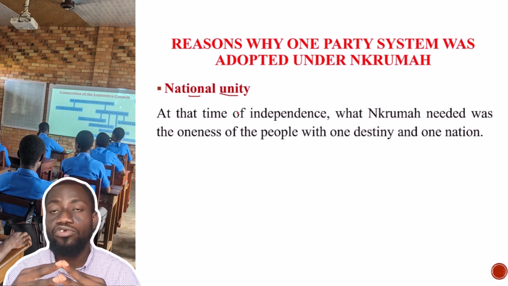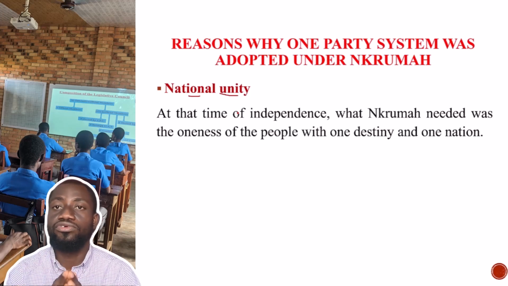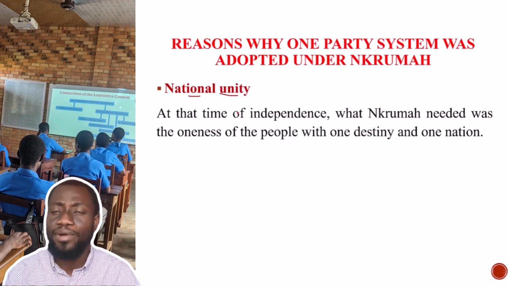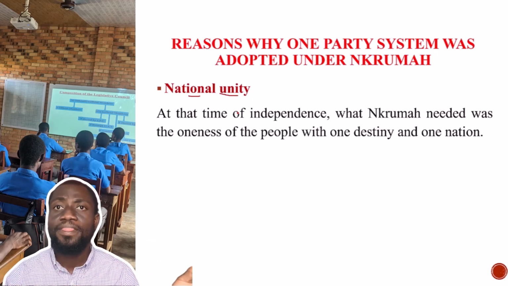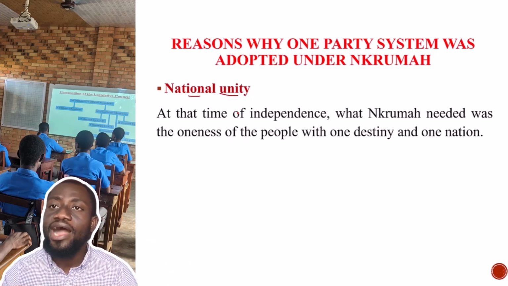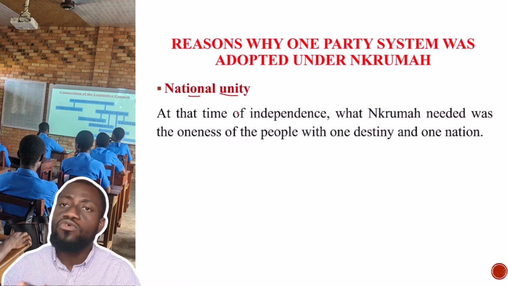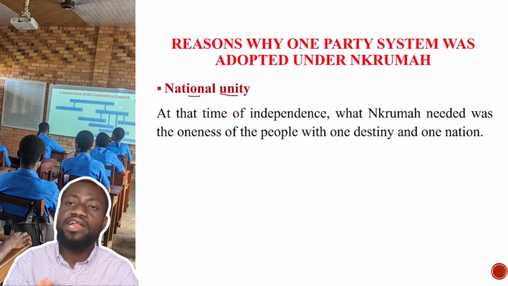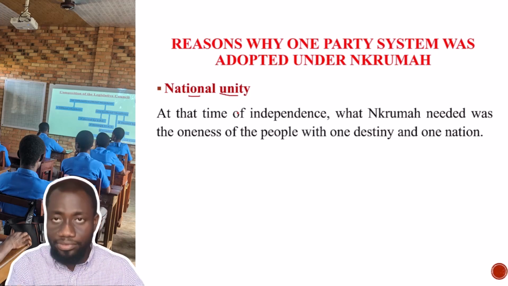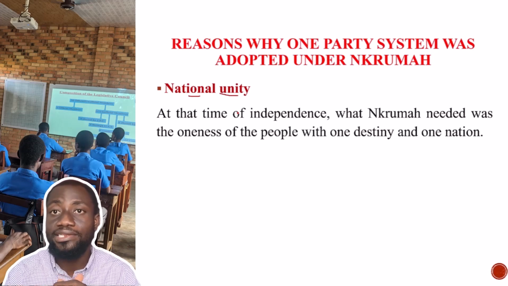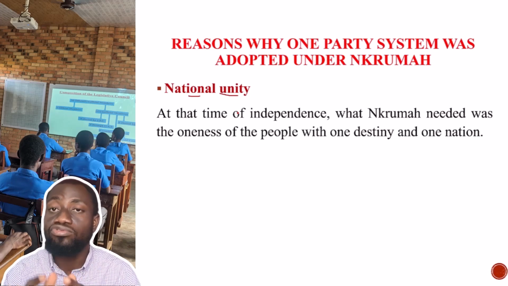And I watched a video of KB Asante, who was Nkrumah's secretary, and he asked Nkrumah, why do you want a one-party system? And according to him, Nkrumah said, I have established a lot of industries, but I don't have people to man them. The people who can do that are in the opposition. They don't want to come and help. They are rather opposing everything that I do. Even the Akosombo Dam was opposed by Busia and his people, the Progress Party. They opposed the construction of the Akosombo Dam.